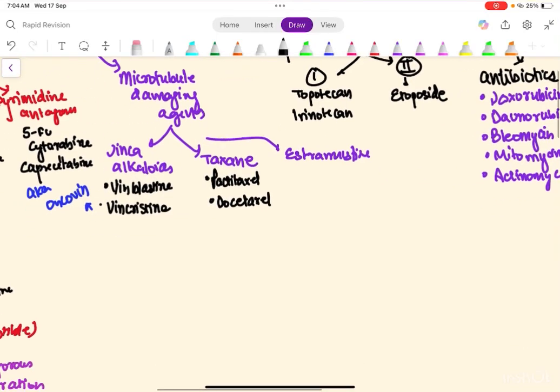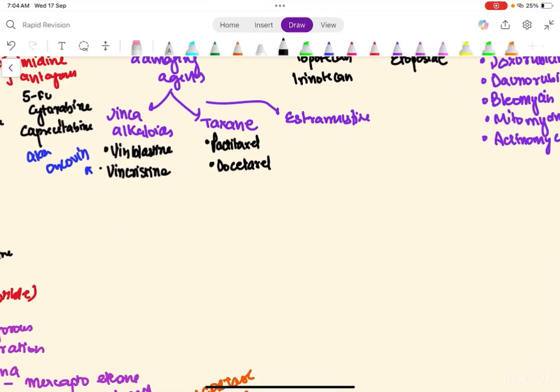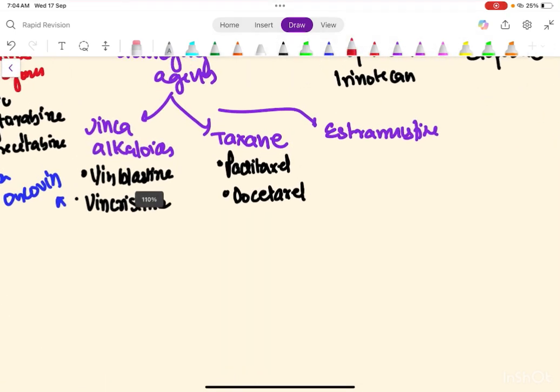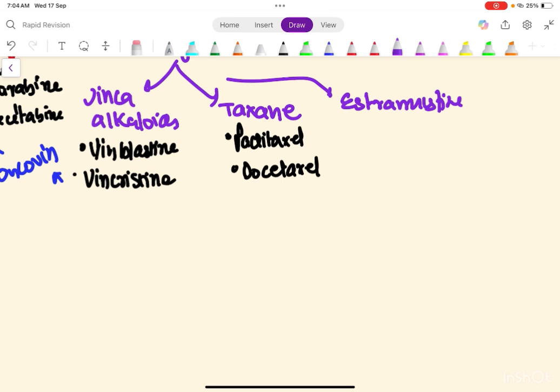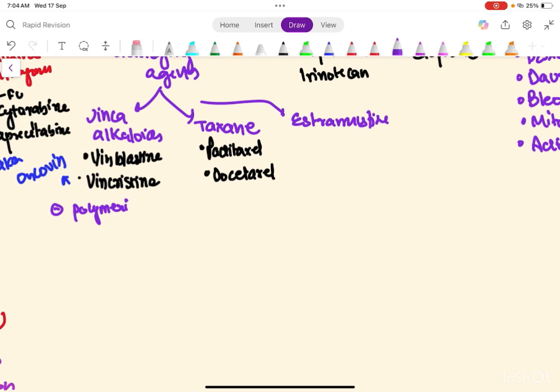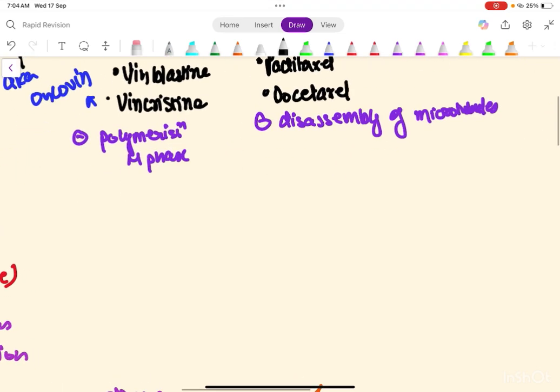Mitotic spindle inhibitors. In this you have to know that both of them function differently. Specifically, Vinca alkaloids basically inhibit the polymerization via M phase, and these others inhibit the disassembly of microtubules. Now in this, vincristine plus glucocorticoid can be used for the treatment of